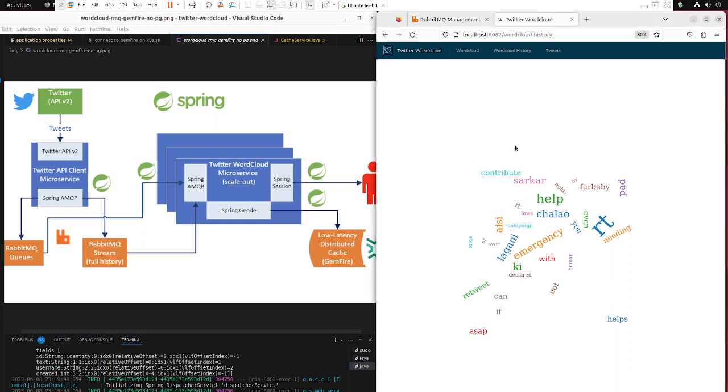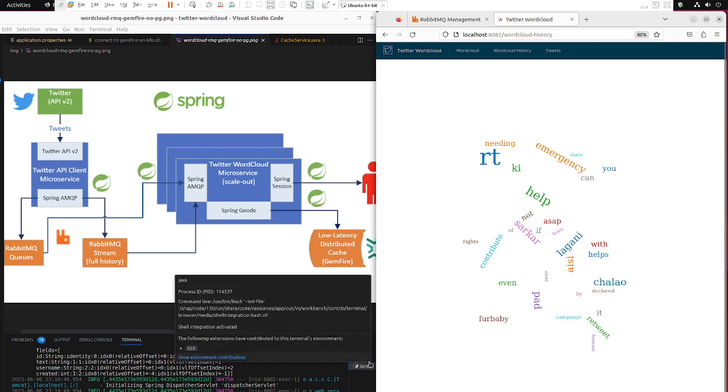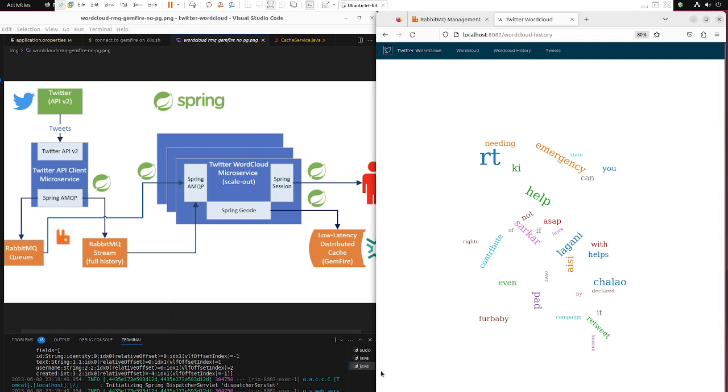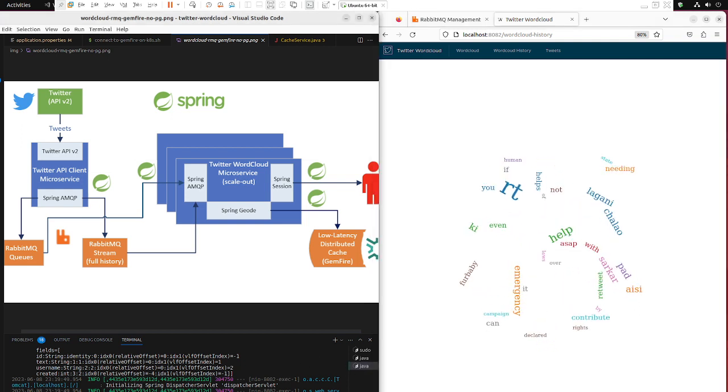So now we see the demo with live data within the last hour. Let's quickly try to show you the full history, because we have full history here in the stream and we can do the time travel. To go back in time, we need to stop the Word Cloud microservice for a second.